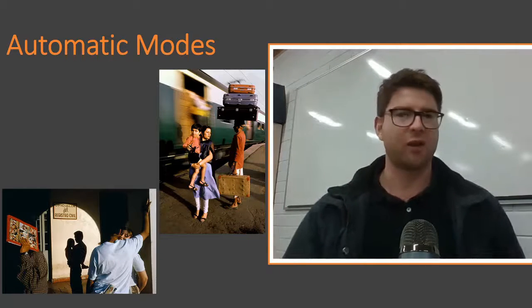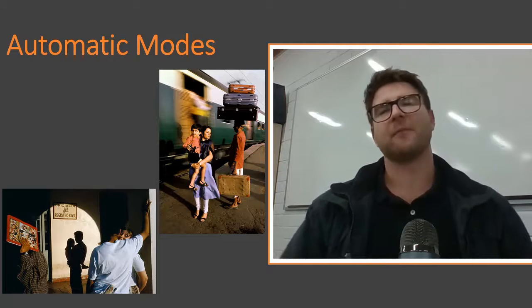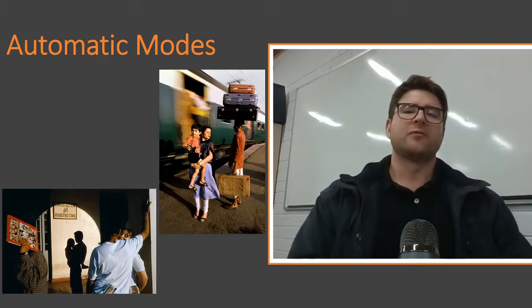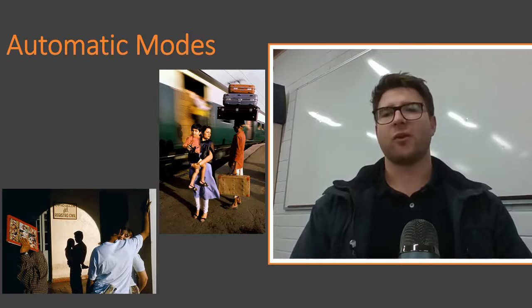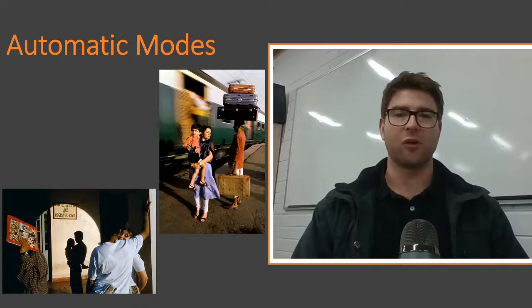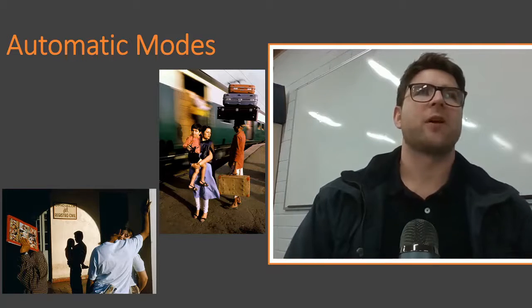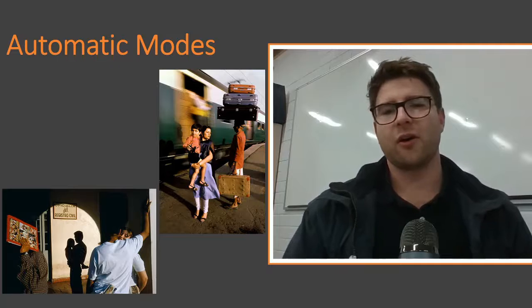Do I have 1 second? Do I have 10 seconds? What's happening here? So assessing what's happening in the moment and then making a decision based on that. So typically you would use one of the automatic modes. I mean, let's not say full automatic, but maybe you could use either a shutter priority or an aperture priority. So if you know,